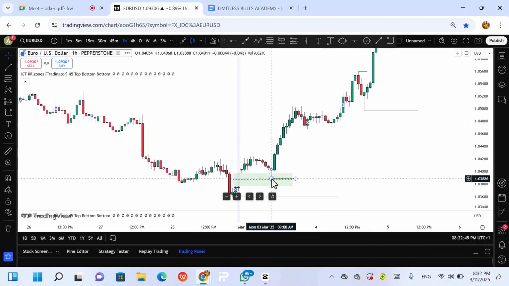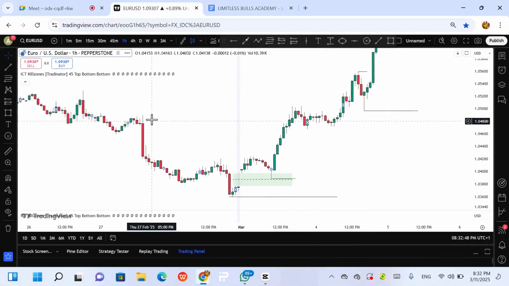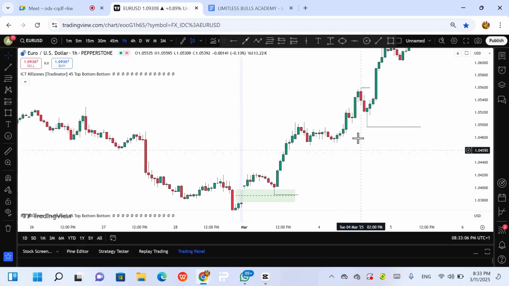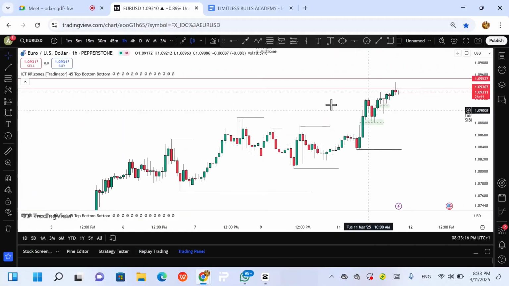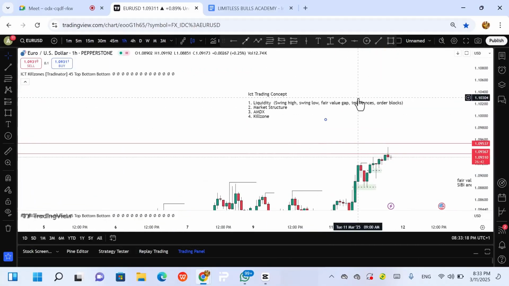If you notice, after the market took out this liquidity, what happened? It tried to rebalance a little bit as if it wanted to sell, then it filled another liquidity at this point and pushed higher again. This is a swing high. As it took this liquidity, there was a small reaction, but the buyers were in control and it continued going up. Then this swing low, and the market continues driving. So now we have examined the different liquidity in the market.